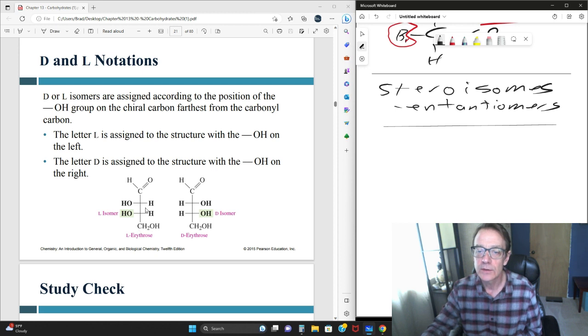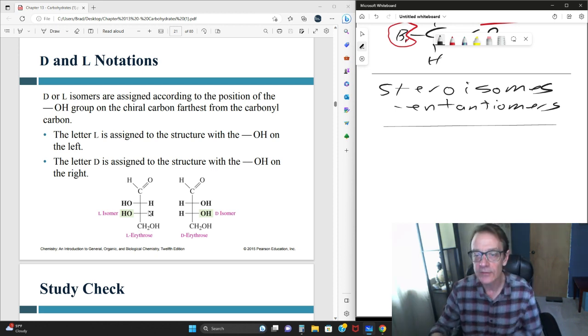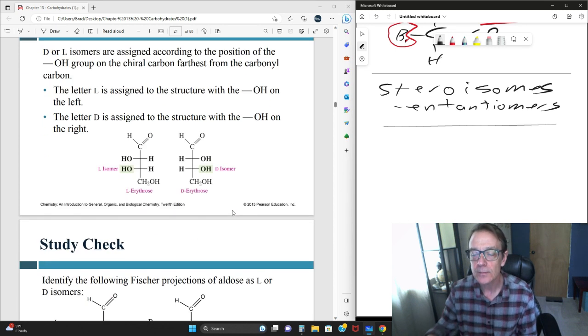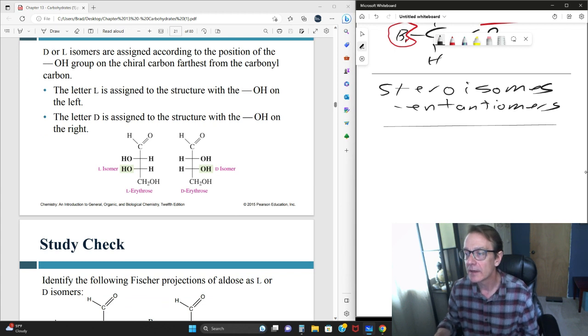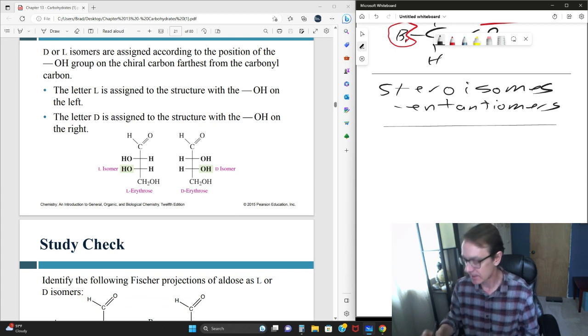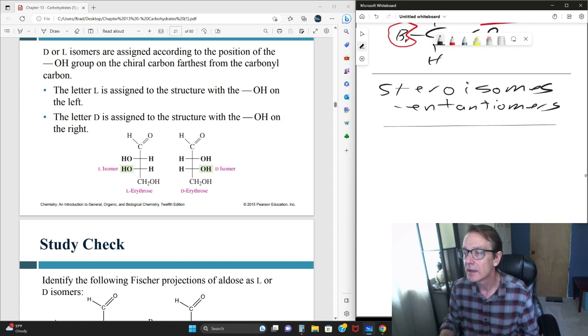Okay, 1, 2, 3, 4. So we have an aldotetrose there. And what we're talking about here on these Fischer projections, okay, let me just draw 1, 2, 3,